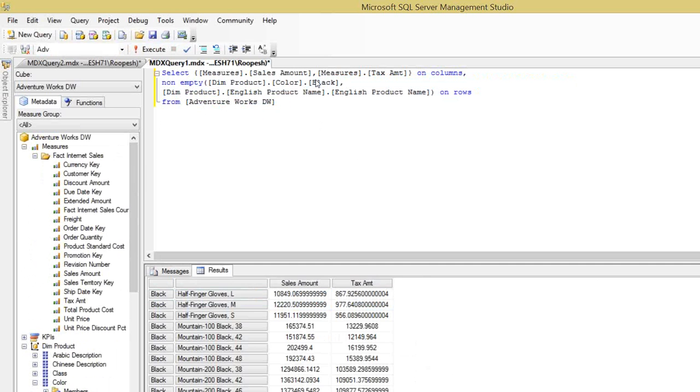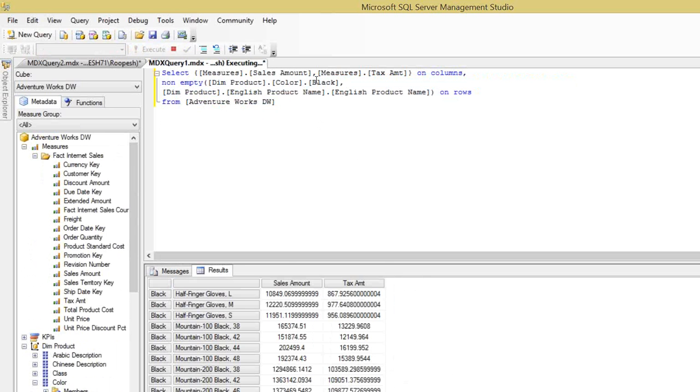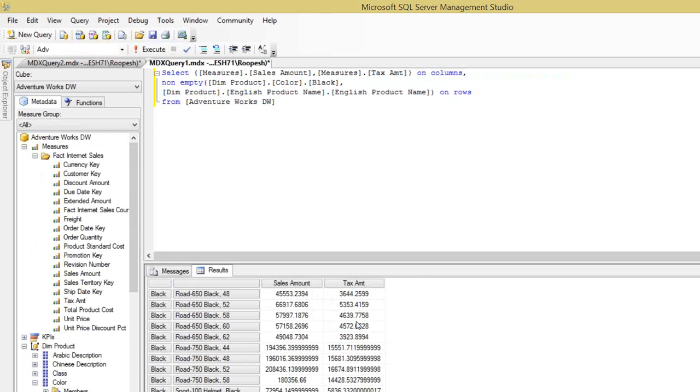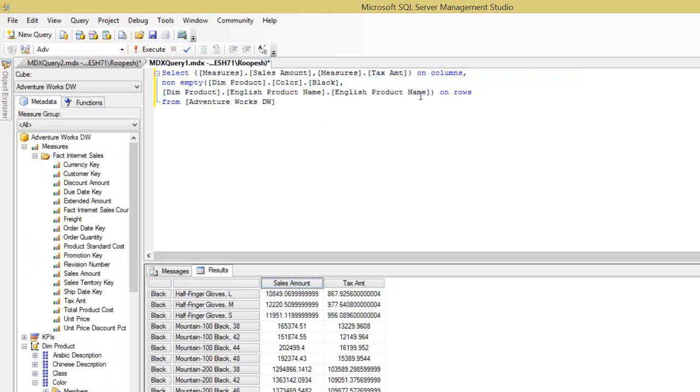If I select only color as black, then it will show all black color products. Clear? You can see it's only black color products now. You won't find other colors here. Now if I want to get only one particular product, let's say half finger gloves L